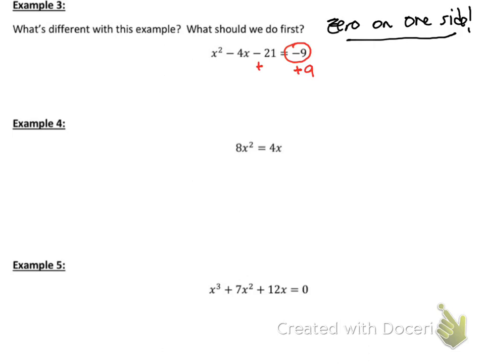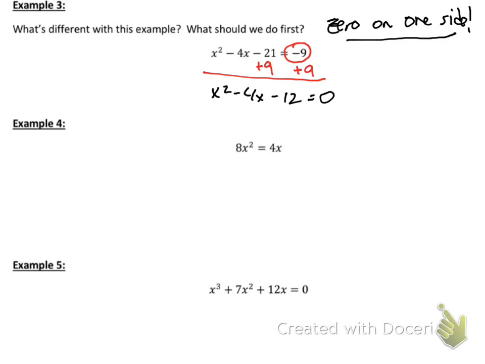So what we need to do first is add 9 to both sides so that we have x squared minus 4x minus 12 equals 0. If you don't do that first step and you try to apply the zero product property to -9, it's not going to work. All right, so now we have a trinomial equals 0,